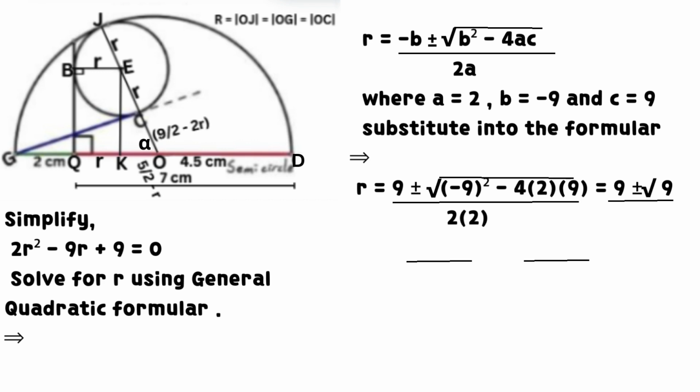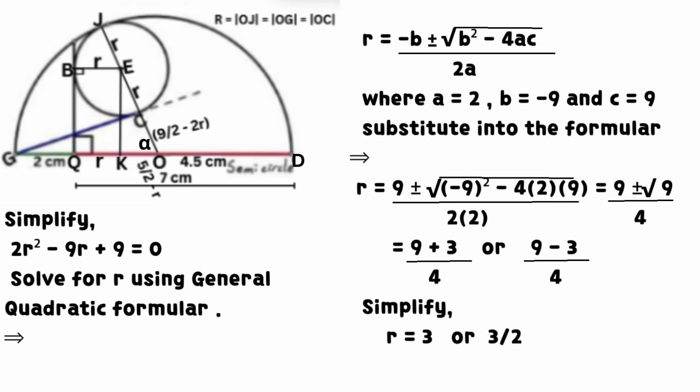Substitute into the formula. It follows that r equals 9 plus or minus the square root of the square of negative 9 minus 4 times the product of 2 and 9, all divided by 2 times 2,